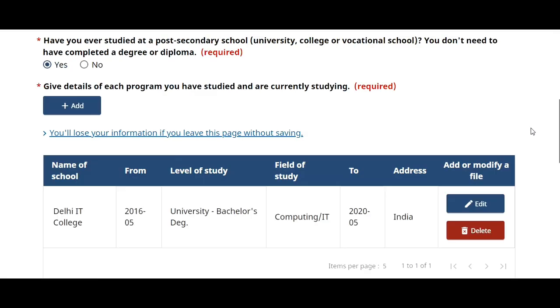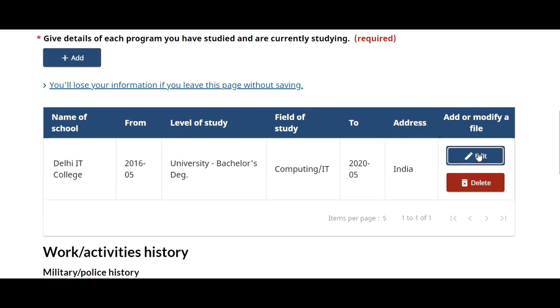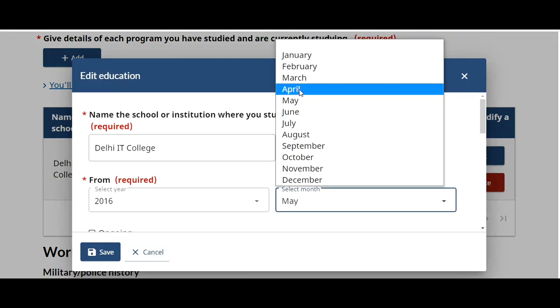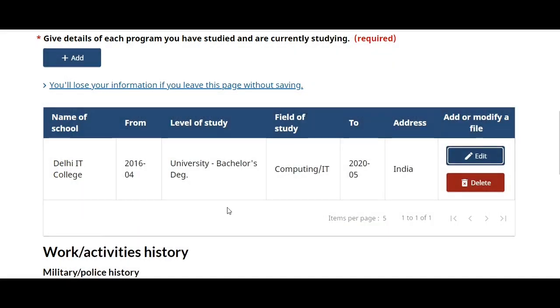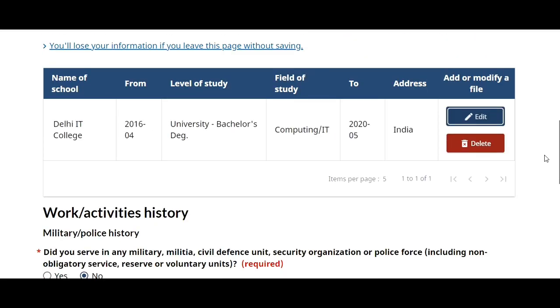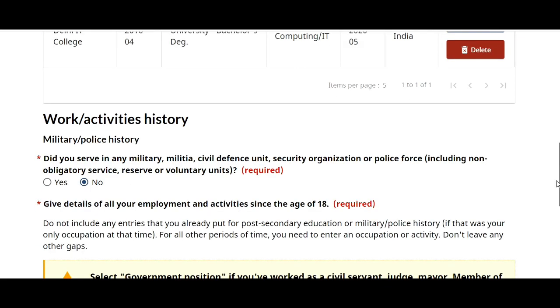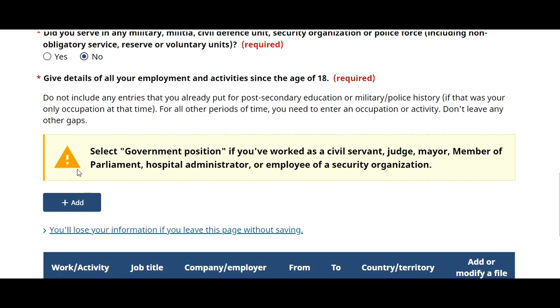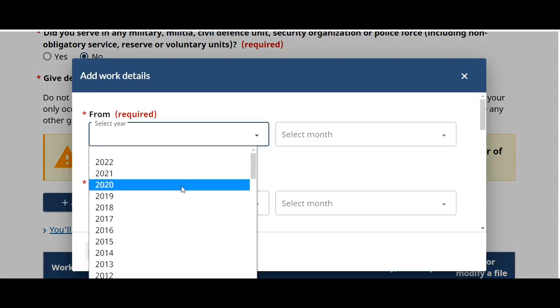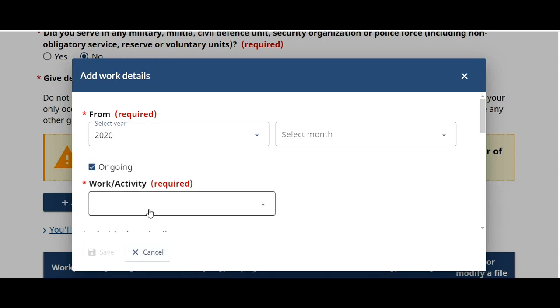So if I make it April, that means from April onward this guy will be studying, so they will not ask more. But he completed in May 2020, so from June 2020 they do need details. So I'm going to put the details. I can put 2020 as ongoing.